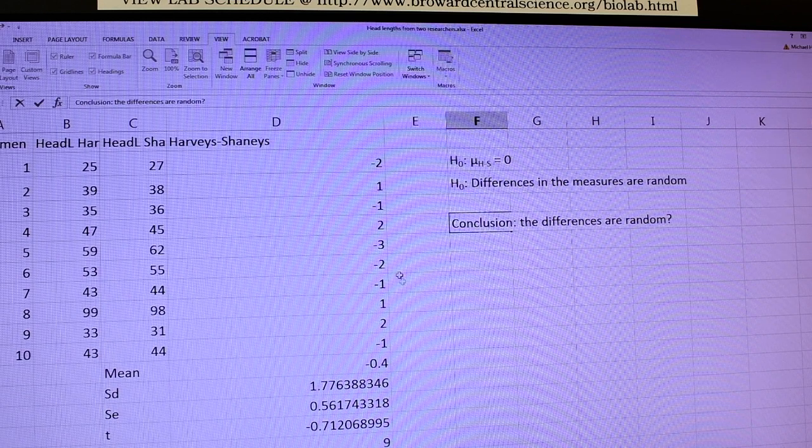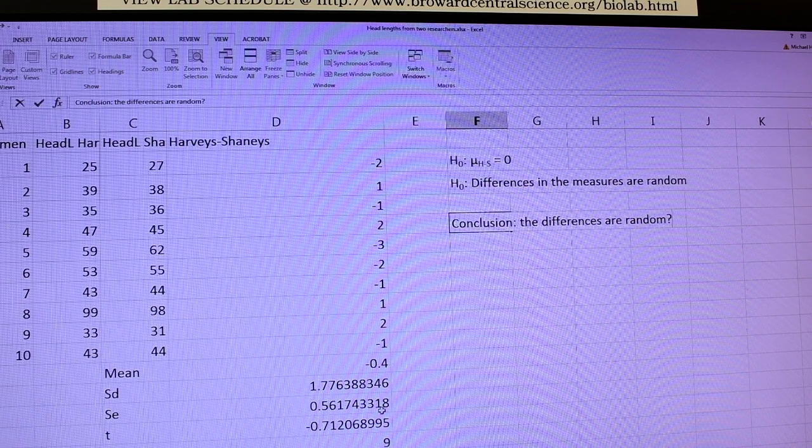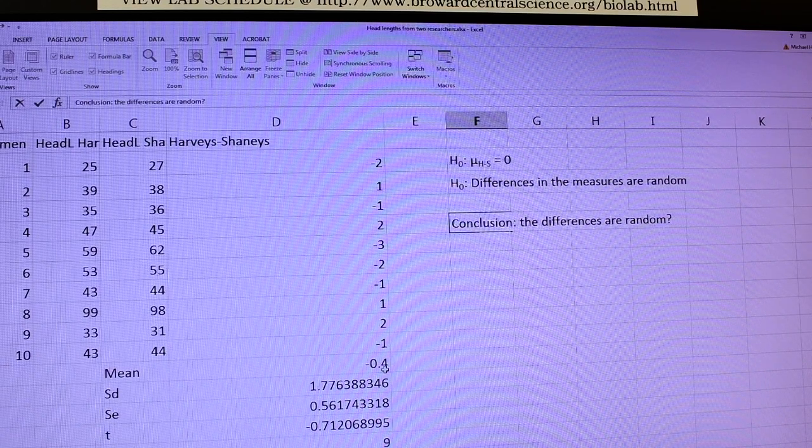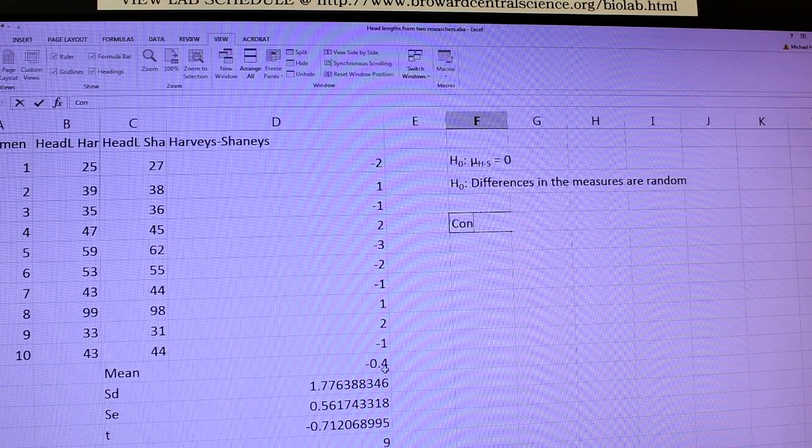There may be a systematic error between these two researchers. The problem is we've only got 10 data points. So if we had a larger sample size, like if they would have measured 1,000 lizards and it was still a negative score, then maybe we would have enough to reject the null hypothesis. No, once again, all you can really say here is we fail to reject the null hypothesis, or in this case,